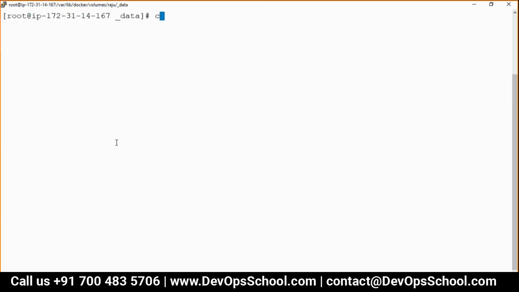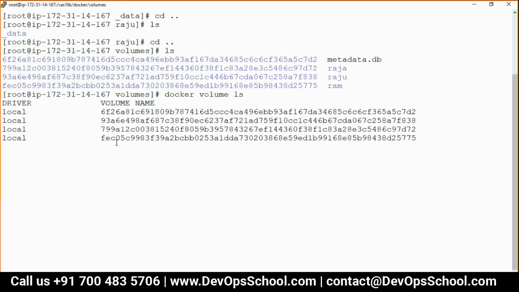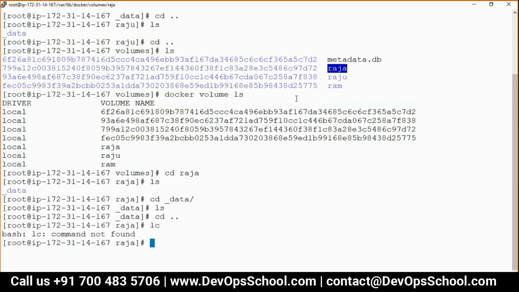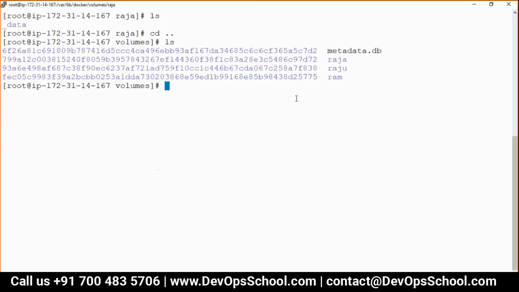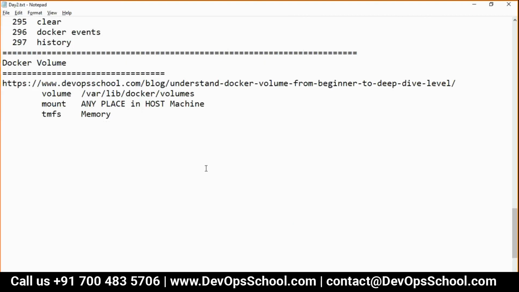I do the cleanup of the environment and remove it. And you see here, let me check whether the volume got deleted or not. Docker volume ls: Raja, Raju, Ram, all volumes are still there. Do you want to see if the data is there or not? Let's check it out. I think Raju I used last time. Further writing the data, see, data is not gone. So guys, did you understand how you can work with volumes and have data persistency? Is that clear for everyone?